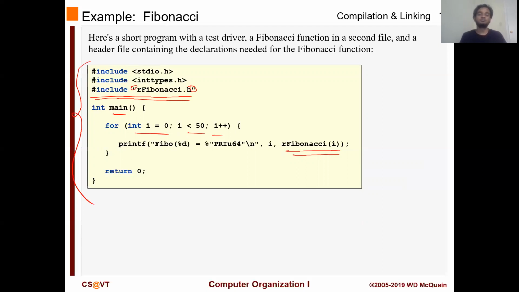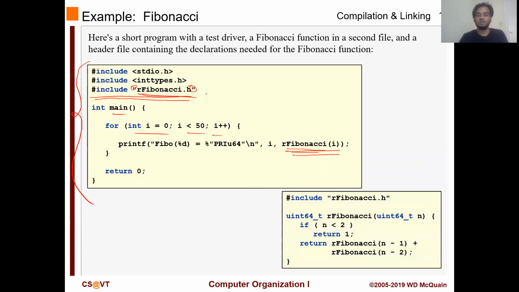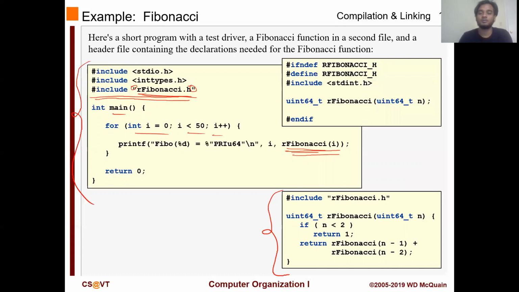Okay, so over here we are declaring this function in a file called rFibonacci.h, and we have a file called rFibonacci.c where we are actually implementing it. This is what our implementation of the function rFibonacci looks like, and this is what our header file looks like,